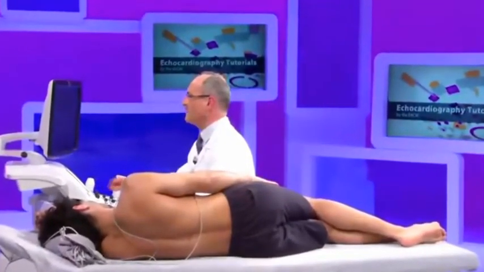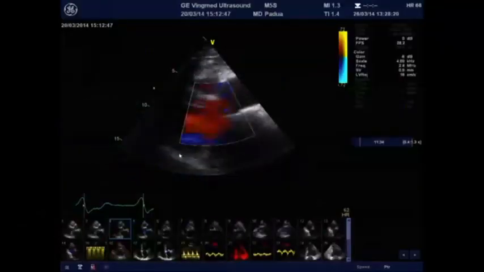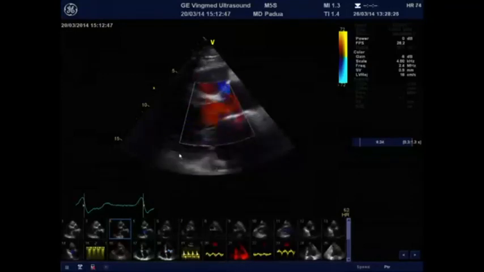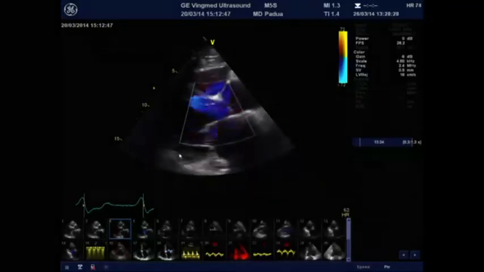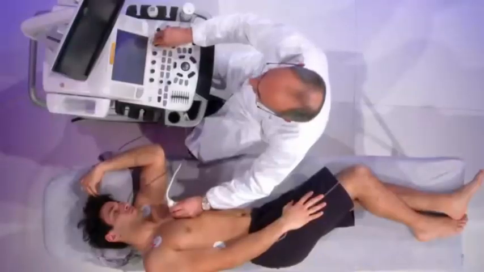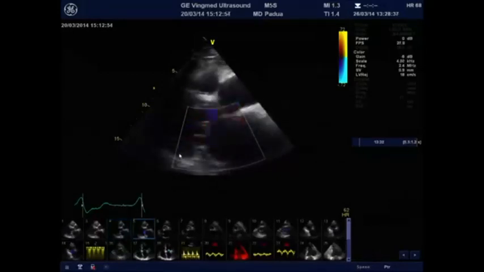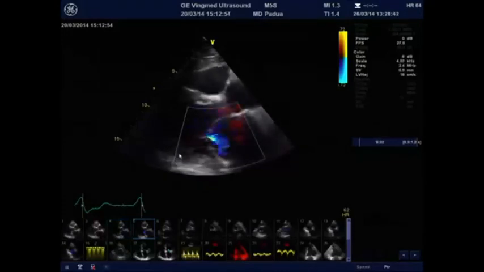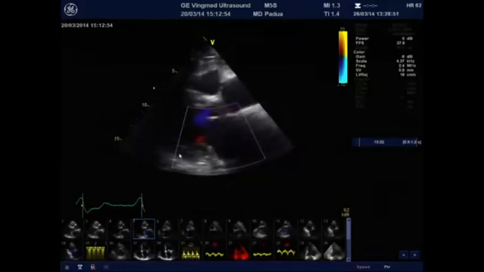When done, I go on looking with the color at the function of the heart valves. Here you see a trivial aortic regurgitation that was already existent immediately after the transplant, so it's not a big issue here. And then I move my color sector on the mitral valve, and again there is a small mitral regurgitation. The detection of mitral regurgitation, in comparison with the present color jet, and its severity with the previous one, is again another important